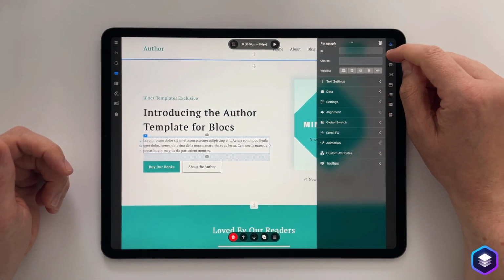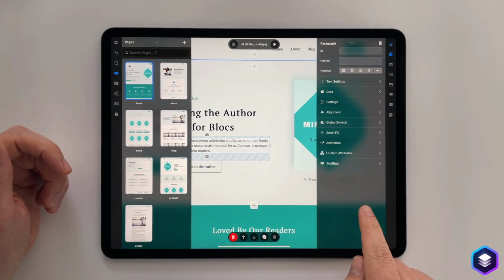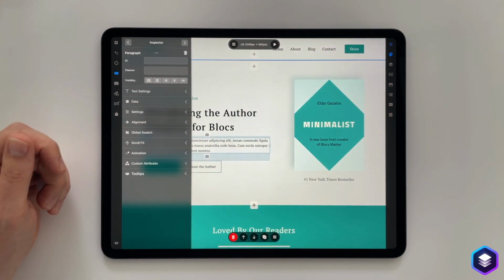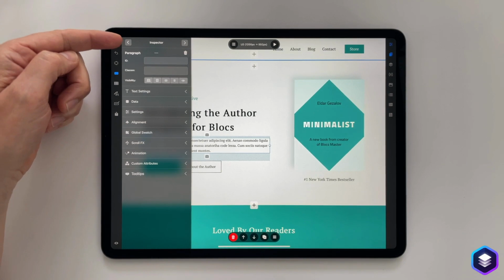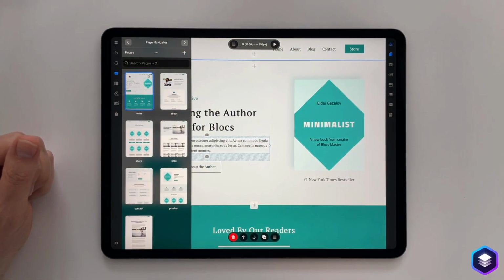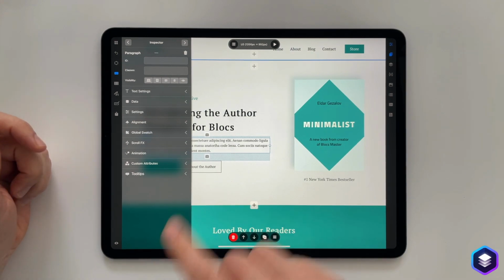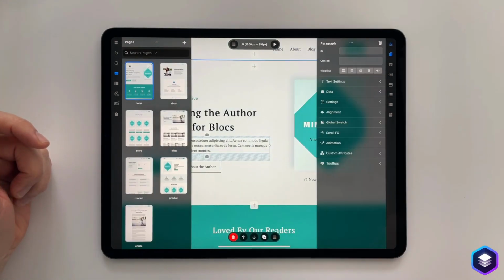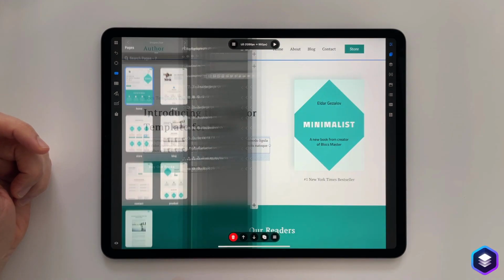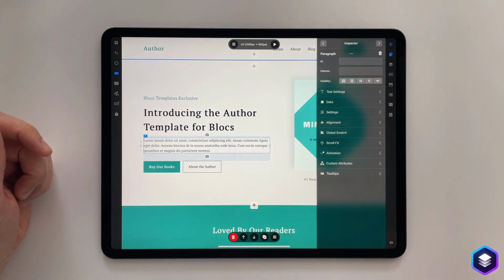If I open the page navigator, and if I swipe this sidebar into this sidebar, they become one, with the addition of this new navigation system at the top. So this lets me easily toggle through the different menus that we now have combined. If I wanted to separate these, it's just a case of swiping that across. If I wanted to move the entire stack, two fingers will move it.